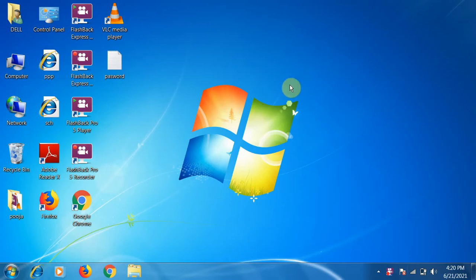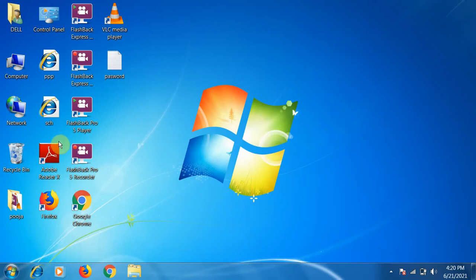Now we are going to discuss the components of Windows 7 desktop. Component means the part of Windows 7 desktop. So here first is desktop background. It is given in the book. Desktop background is the picture that you can see here. You can see four squares with different color. Okay, this picture, whatever picture you can see at the background, is called desktop background.